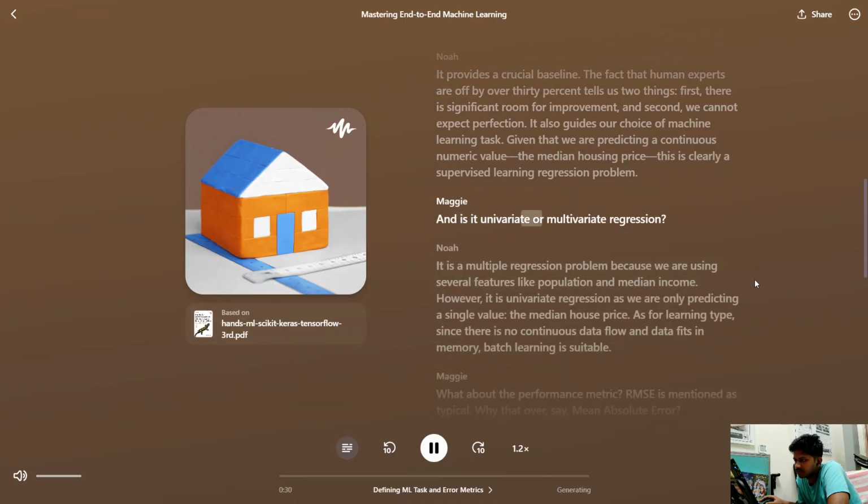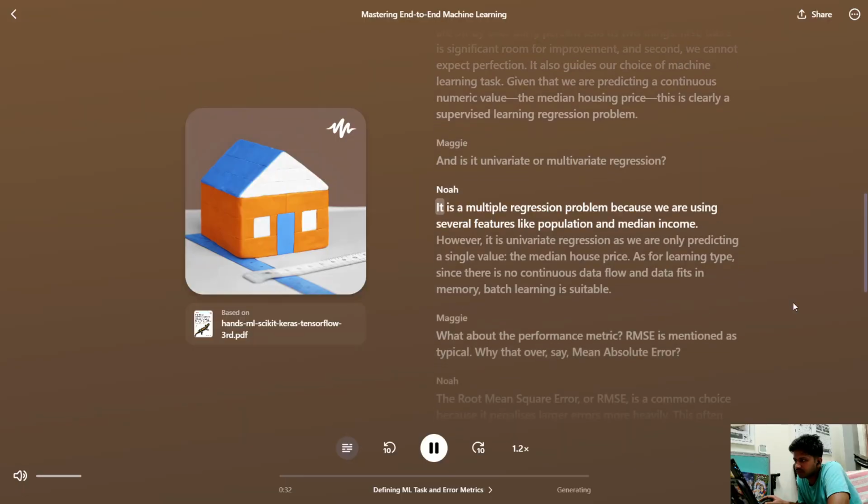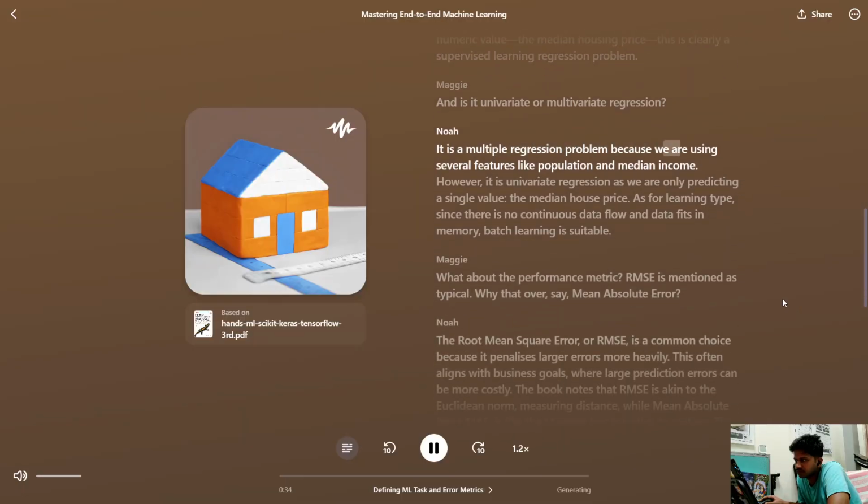And is it univariate or multivariate regression? It is a multiple regression problem because we are using several features like population and median income. However, it is univariate regression as we are only predicting a single value, the median house price. As for learning type, since there is no continuous data flow and data fits in memory, batch learning is suitable. What about the performance metric? RMSE is mentioned as typical. Why that over, say, mean absolute error? The root mean square error,